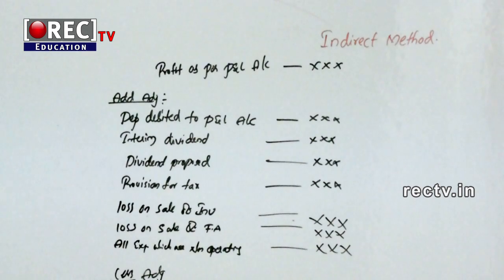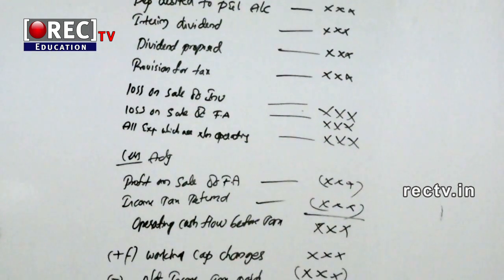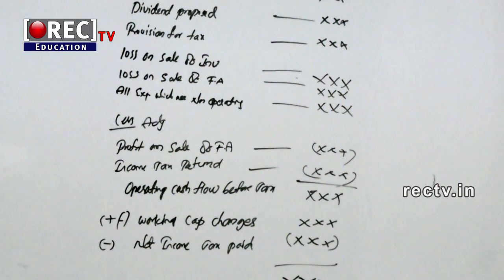Likewise, when we sell an investment or sell fixed assets, whatever loss you get, you debit to the P&L account. Then your profit is going to decrease. To avoid this, because investments and fixed assets deal with investing activities and do not deal with operating activities, you should add it back to the profit, so your profit will increase. Likewise, we have some less adjustments also, that is,